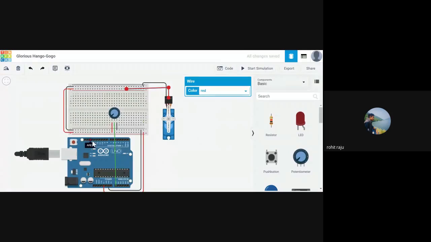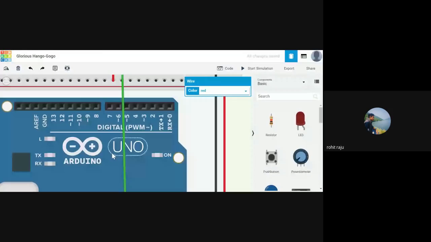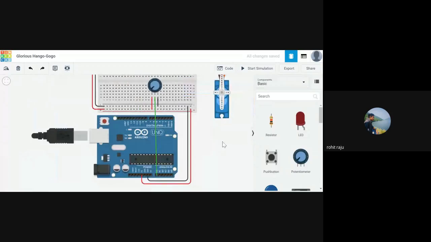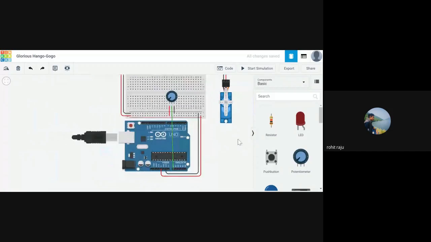We can connect to any of the digital pins, but we need to connect to pins only with the tilde symbol. So we have 3, 5, 6, 9, 10, 11, right? We need to connect to any of these pins only because we'll be using pulse width modulation. See, we have in the brackets PWM with this symbol. So we need to connect it to one of those PWM pins.